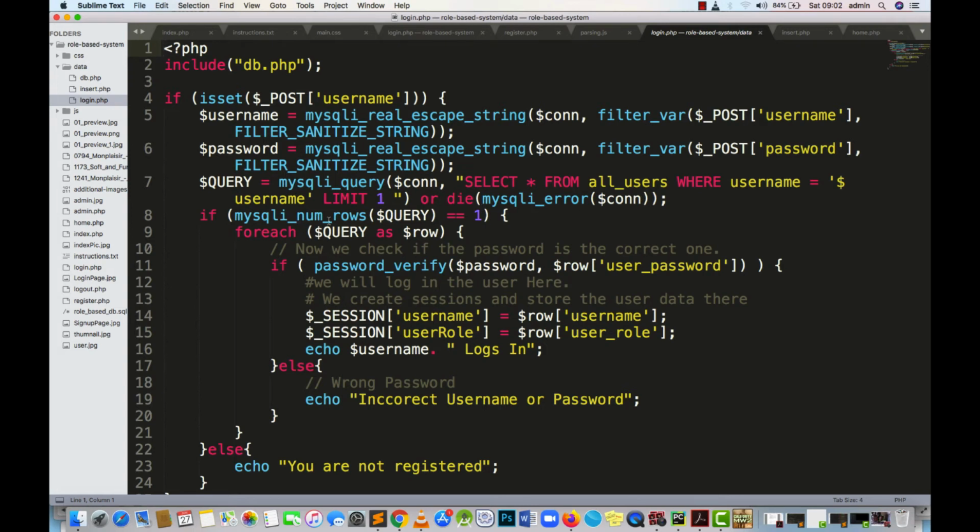Then if mysqli_num_rows is equal to 1, we say foreach query as row. This is where we have found that the user is there. In case the user is not there, we will echo, you are not registered with us. We can even give them the username like